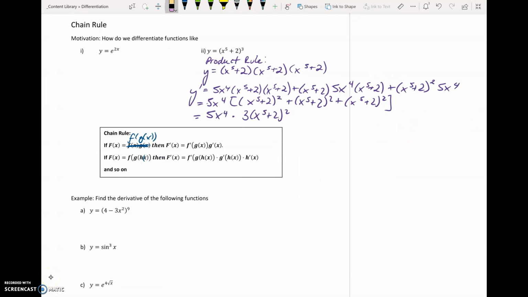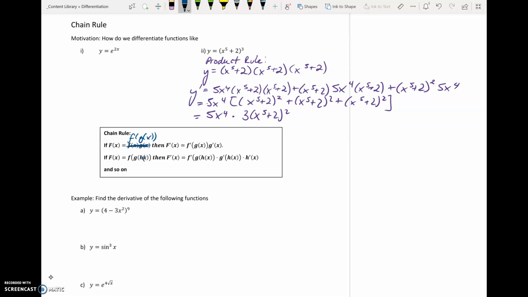In this lesson, we're going to look at differentiating certain functions using the chain rule. Why do we even need another rule when we already have quite a few? Well, consider these two functions. Well, this one, we might be able to use one of the rules we already know if we rewrite it